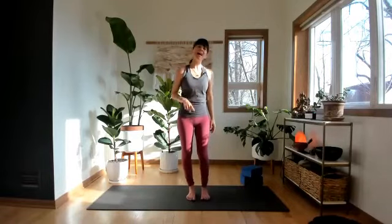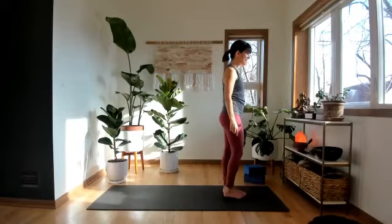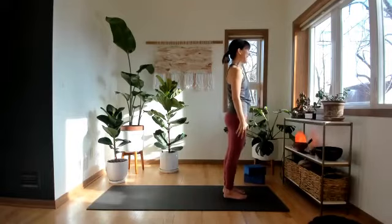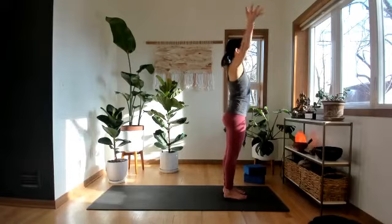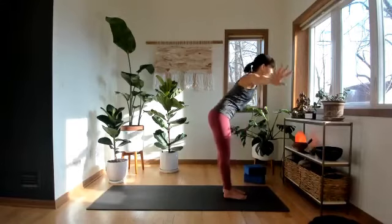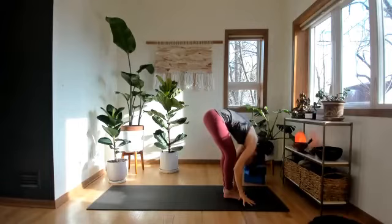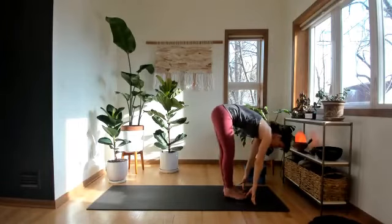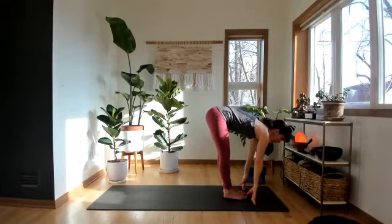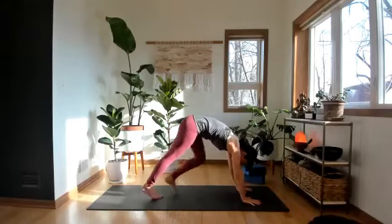Let's go to the top of the mat. Standing centered. We might have new legs. Inhale, arms reaching all the way up. Exhale, fold all the way down over the legs. Inhale, lengthen the spine forward. Plant the hands and step back